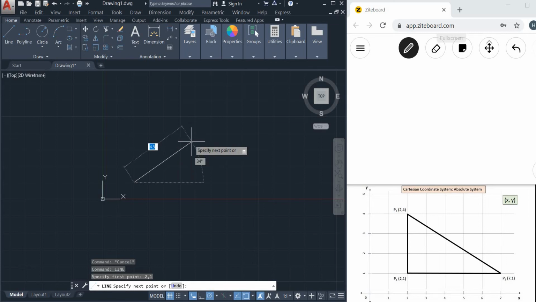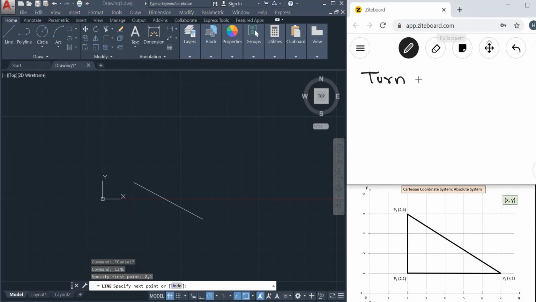By default, AutoCAD asks for the length of the line and the inclination of the line with respect to a horizontal line. But we want to type coordinates, but we want to use absolute Cartesian coordinates, right? So for that, the first way is to turn off the dynamic input. Go to the status bar and turn the dynamic input off.